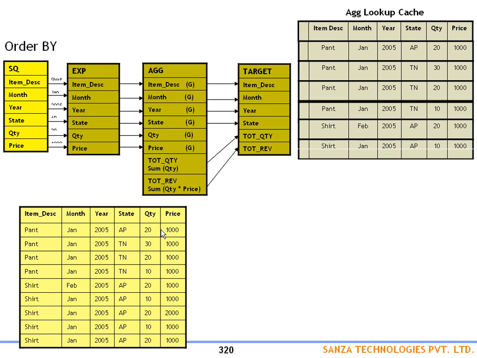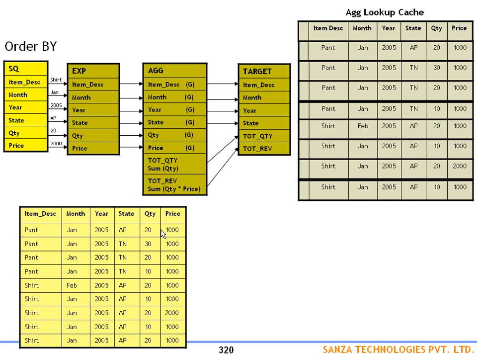Aggregator transformation will not do order by. Please write it down very specifically. Aggregator transformation will not do order by. You have to ensure that the data comes into the aggregator transformation in an order by fashion. Now when row by row data comes in, it will put the data in the aggregator cache like this,